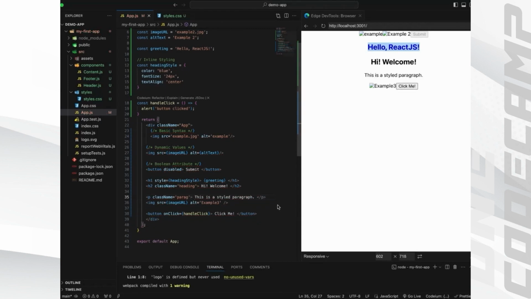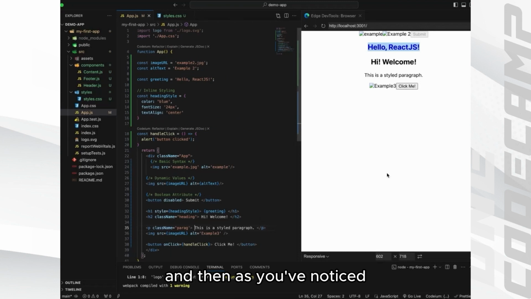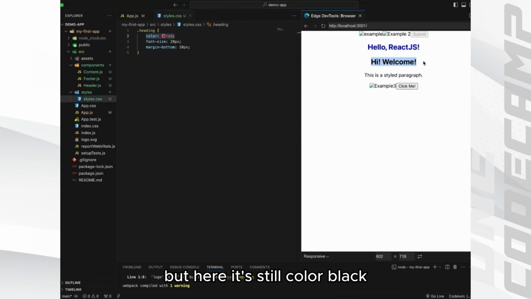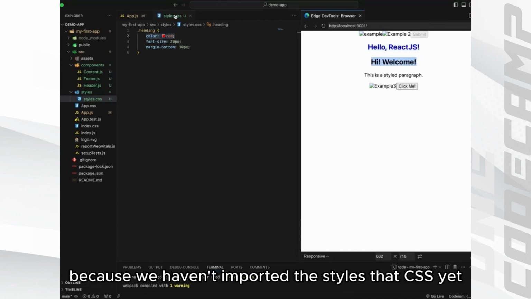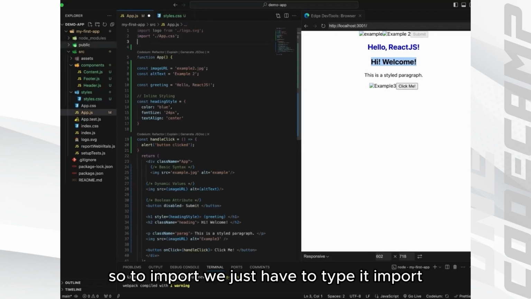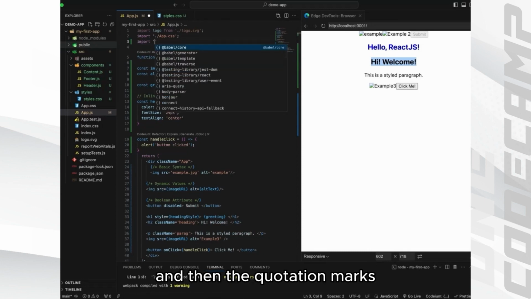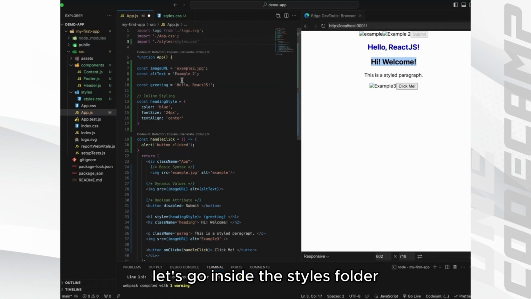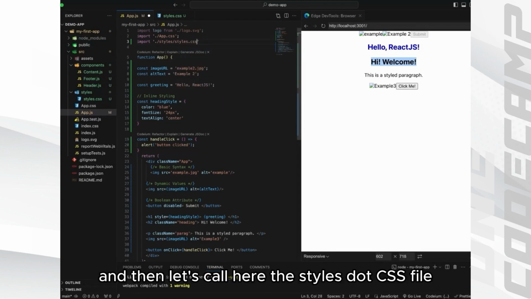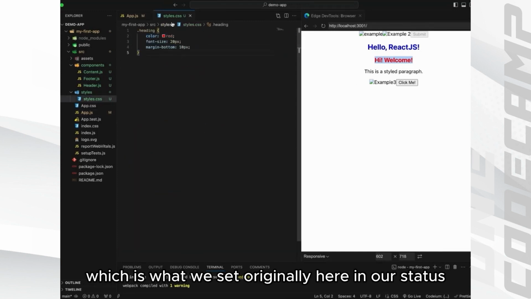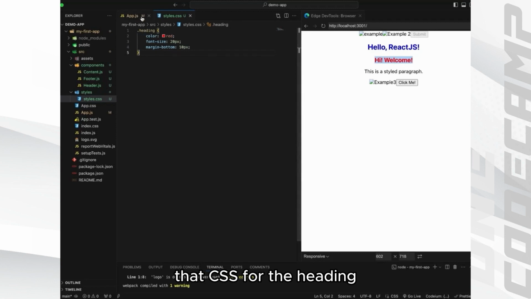And then as you've noticed, in our styles.css, we set the color to red, but here, it's still color black. Why is that? Because we haven't imported the styles.css yet to our app.js file. Okay, so to import, we just have to type import and then the quotation marks, and then let's be specific. Let's go inside the styles folder, and then let's call here the styles.css file, click save, and then there you go. This is now color red, which is what we set originally here in our styles.css for the heading